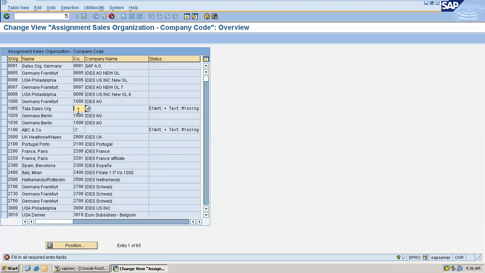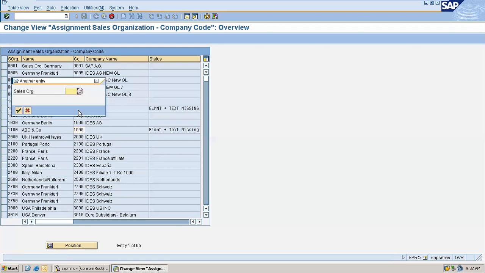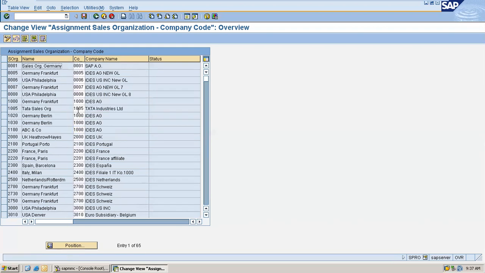So it is throwing a message. That means it is a required entry. You should assign a company code to the sales org. I'll just enter it and assign it to 1000. Now save it.